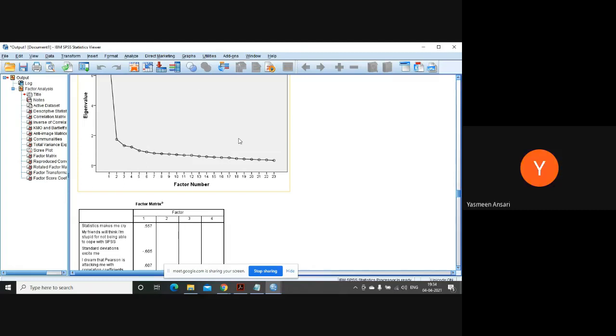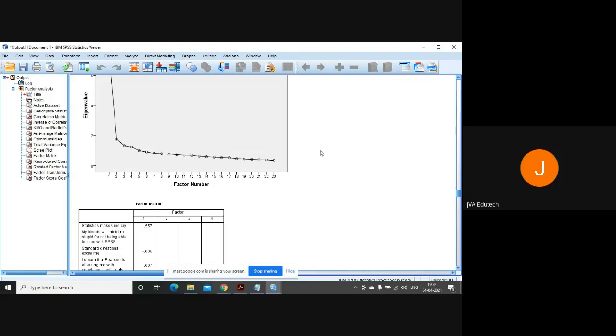Yes, sir. If you see, the inflection is not only at 2, inflection happened after 3. At 4 again it increased. See, the inflection is occurring at 3. At 2 also, 3 also it is somewhere occurring, but at 4 it has increased, then the sudden steep is after 4. So it gives you the option either to retain 2 factors or 4 factors.